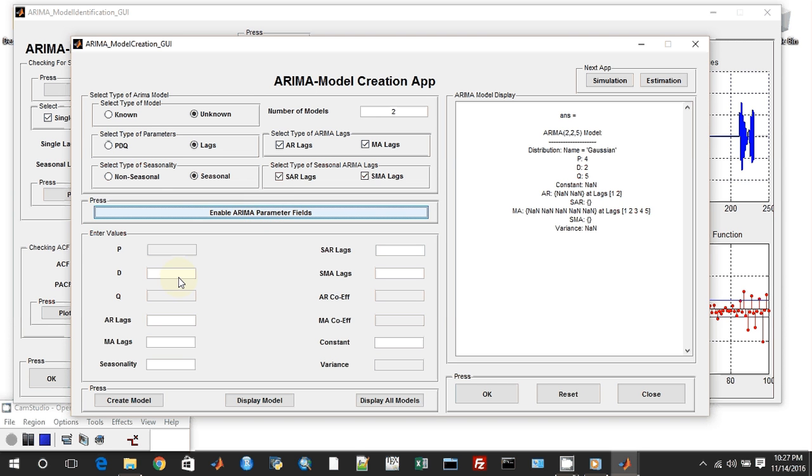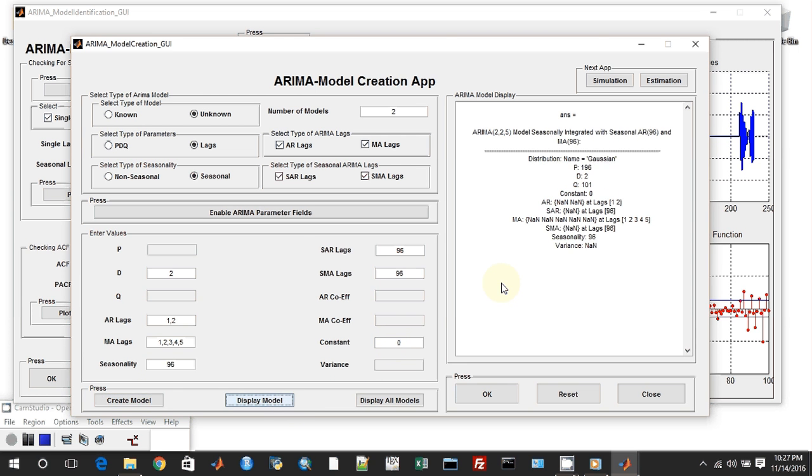and then I will enable the appropriate parameter fields by pressing this, and you can see that different kinds of fields have now been enabled. So D is 2, AR lags is 1, 2 for the autoregressive part. For the MA part it is 1, 2, 3, 4, 5. As we have seen from the ACF and PACF, the seasonality of this data series is 96, so SAR will be 96, SMA would be 96, and the constant we will keep as 0 over here. We will create the model, and we will display the model,